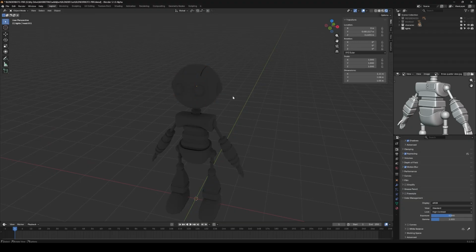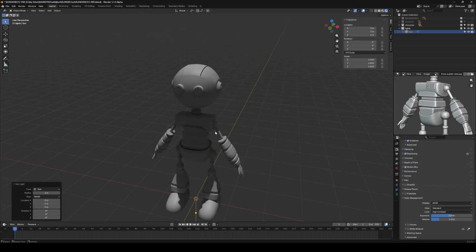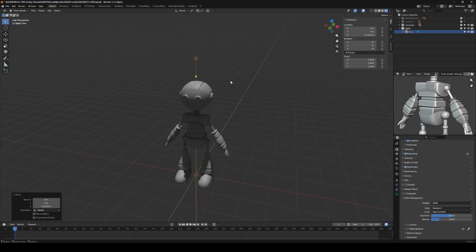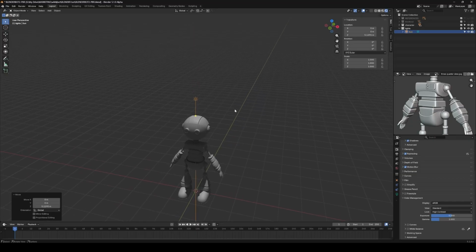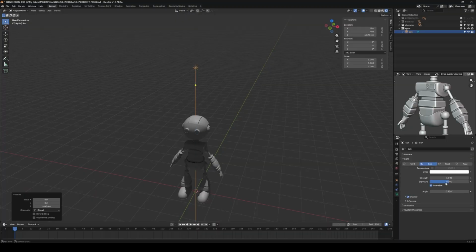And the first thing we want is a light. So I'm going to press Shift A and make sure I've got a new collection that says lights. Just click on the collection so it puts the light in there. And then we just put in the sun light, and then just G Z. It doesn't matter if we pull it up because the light is coming from all directions, but just to get it out of the way, I'm just going to pull it up, and then I'm going to go to the light data properties here and give it a strength of about 3,